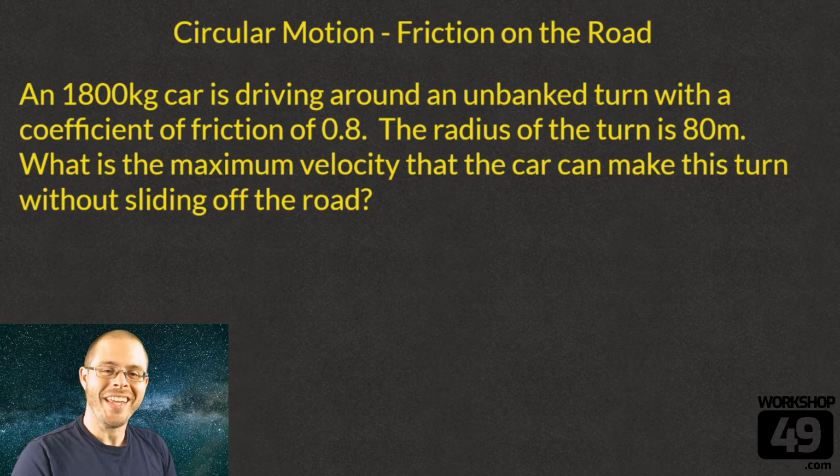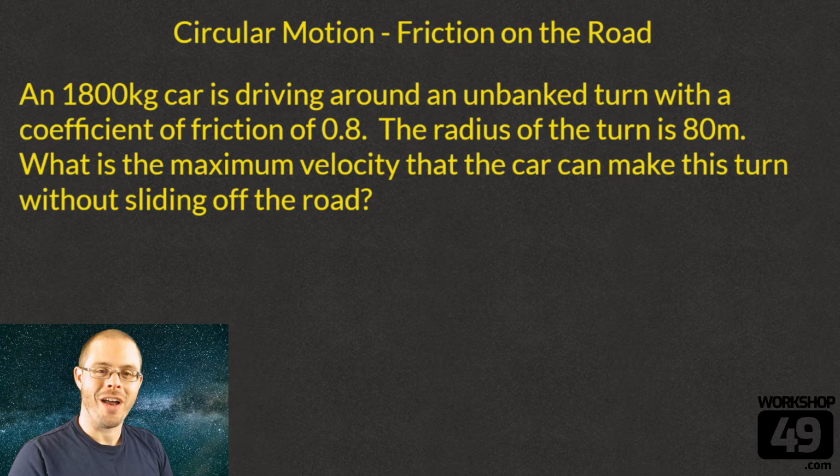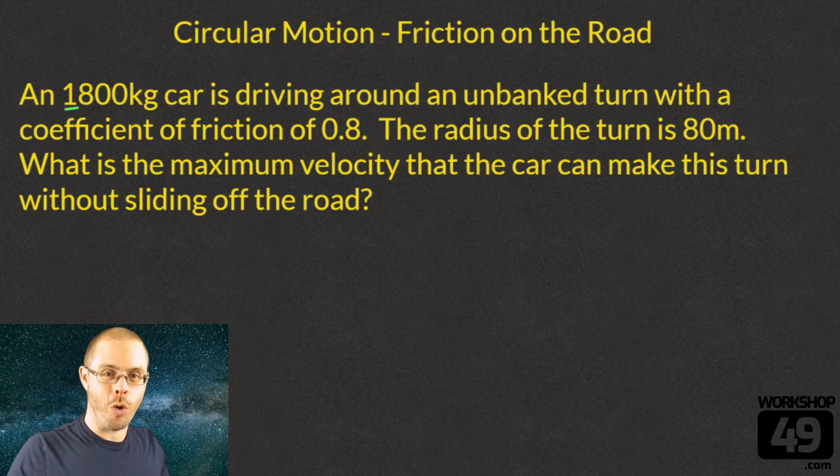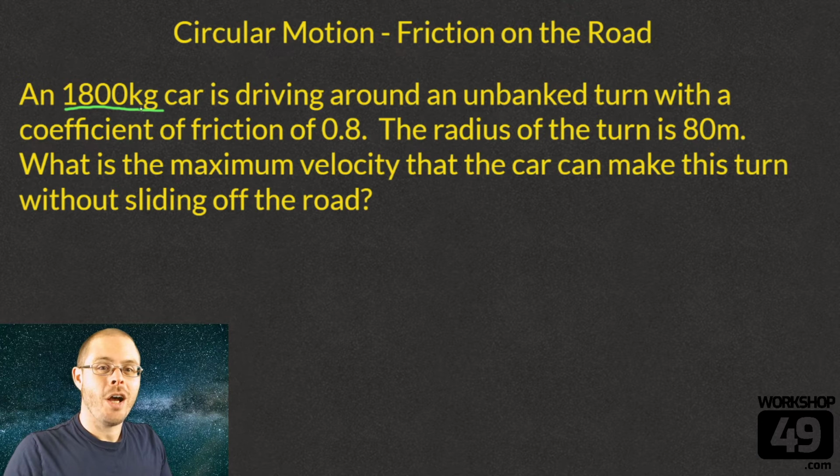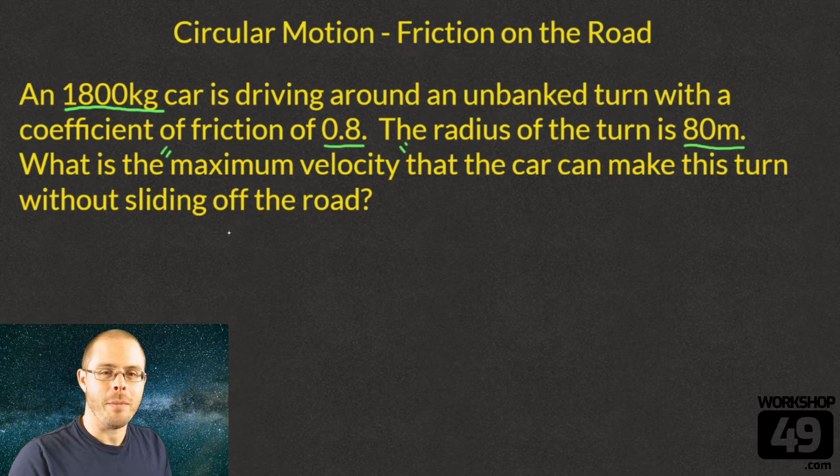Hey everyone. In this video, we're going to be working on a circular motion problem, and this one I like to call friction on the road. So, an 1800 kilogram car is driving around an unbanked turn with a coefficient of friction of 0.8. Decent day to be out driving. The radius of the turn is 80 meters. We need to solve what is the maximum velocity that the car can make this turn without sliding off the